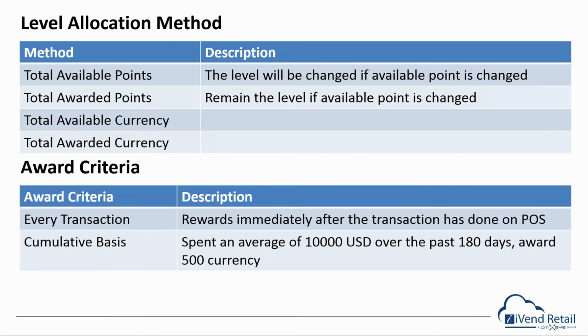After that, we also have the award criteria, on every transaction, which means that it is going to instantaneously award points, or on a cumulative basis. This over here will have a look at the average spend over a period of time and award the amount of currency. To give you an example of how this works,